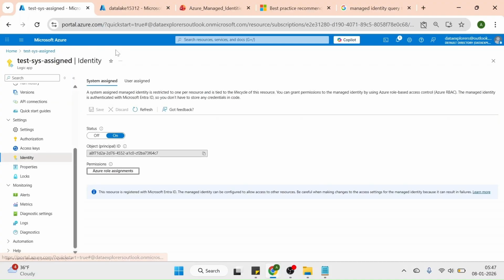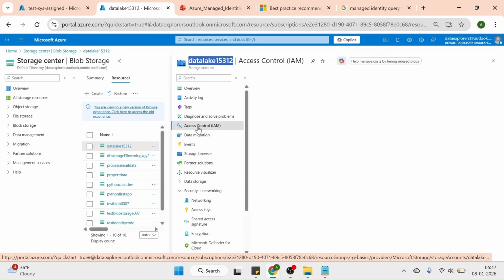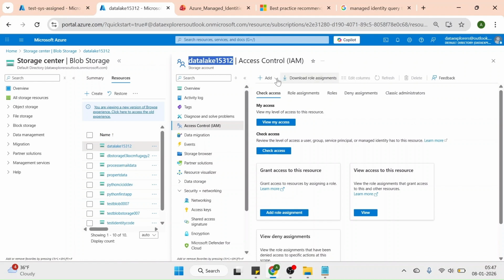What I will do, I will go to the target resource, access control, click on add role assignment,